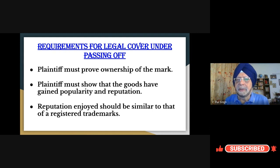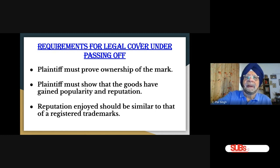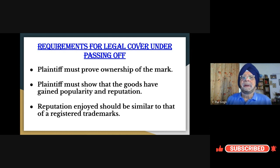As it is protected by deception. So although there is no action for infringement under the Trademark Act, yet the common law of tort and passing off is applicable. As simple as that. So therefore, in this particular case, irrespective of that, to be successful, however, in